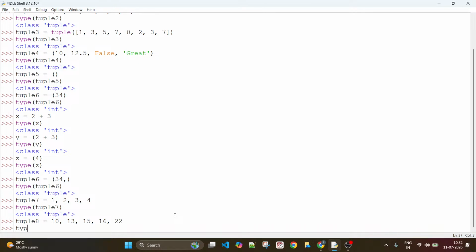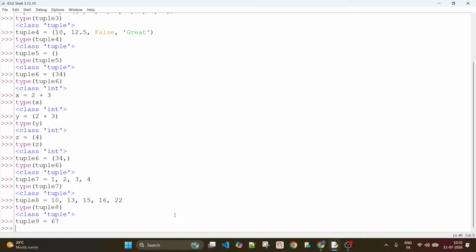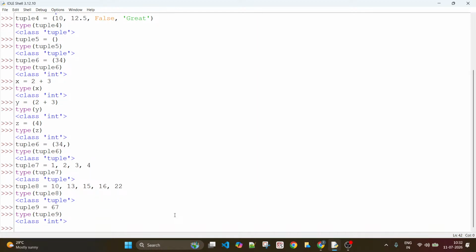So if you ask for the type of tuple 8, it treats it as a tuple. It means that if I want to create a tuple with a single element, does this become a tuple? Not really, because now if you look at the type of tuple 9, it is treated as an integer. But